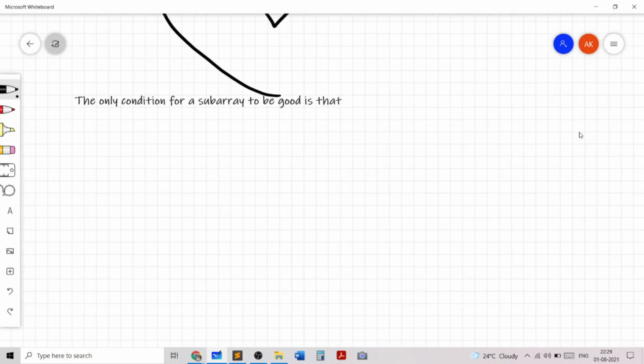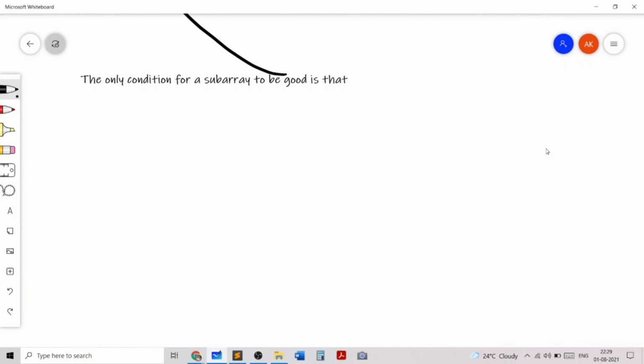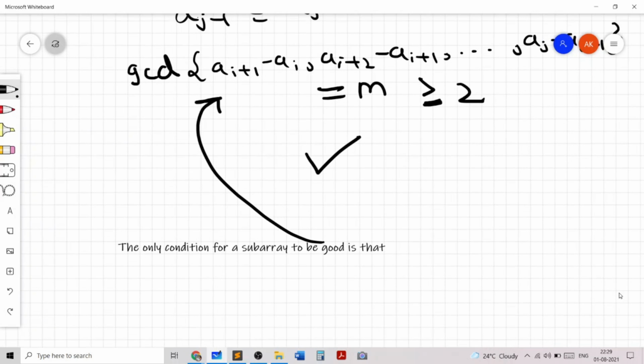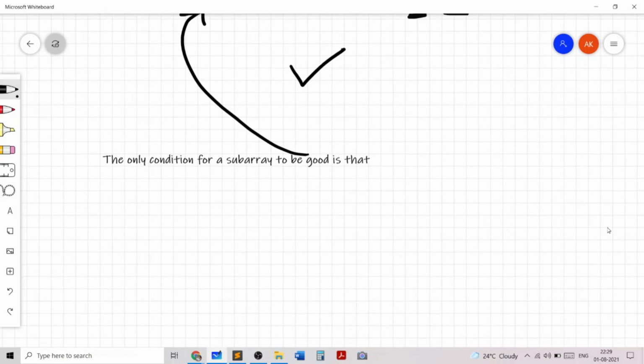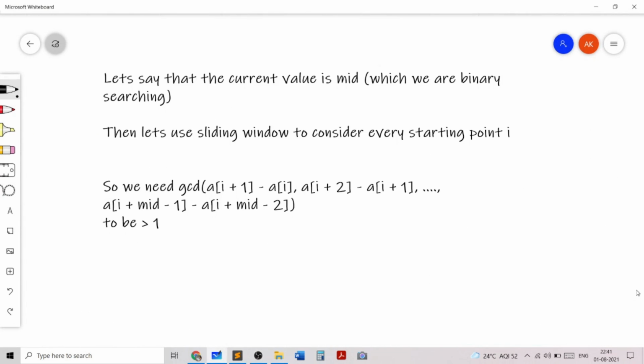Now you should pause the video and try it yourself, and then I'll show you how to reduce the problem further. Let's say that the value which you are binary searching on is mid, and let's consider every starting point i. Note that this is not exactly a sliding window, but it is kind of similar.